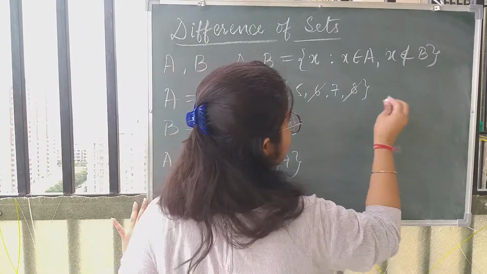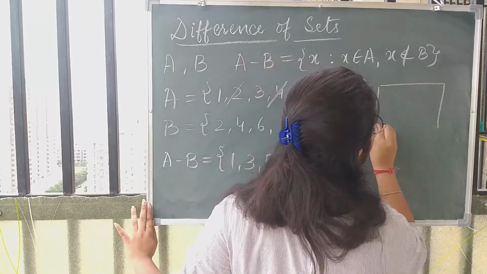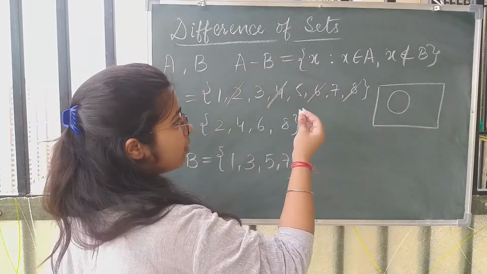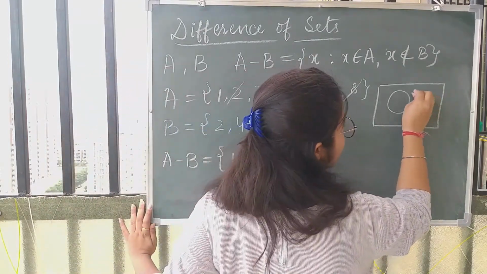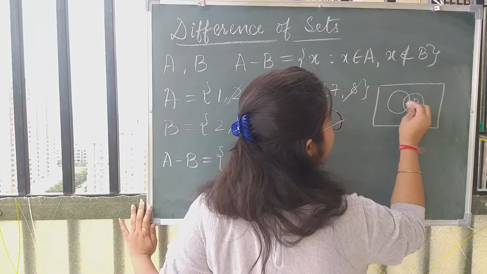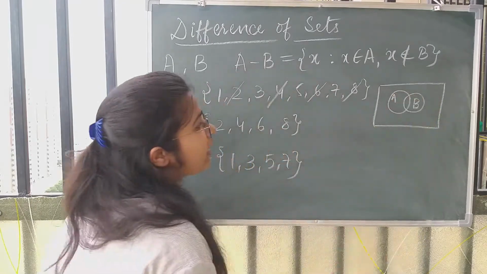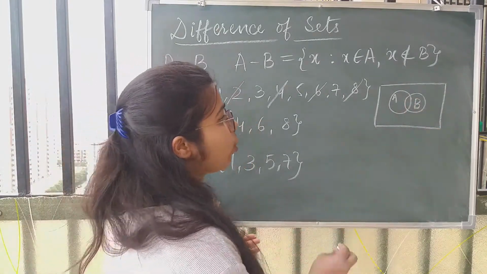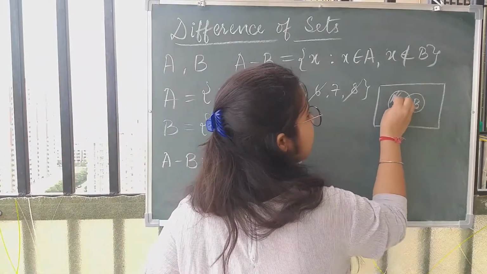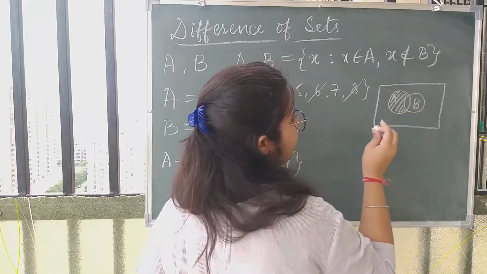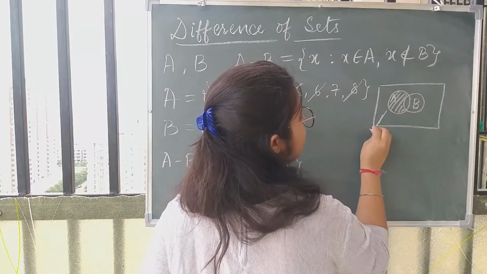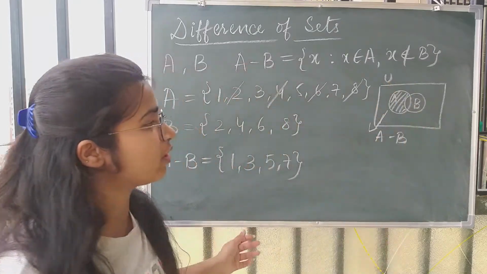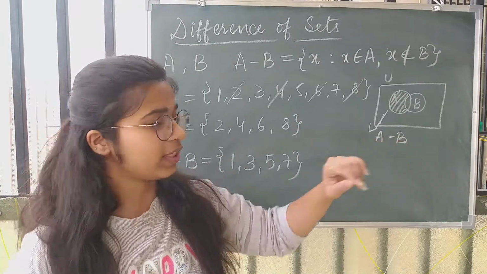अगर इसे हमें Venn diagram के according दिखाना हो, so we first draw the set A. We know that there are some elements which are common, so we also draw another set B. And A minus B would be, we are removing all the common elements and there are only the elements of A. That means this shaded portion will be A minus B. So this is how you can show A minus B using a Venn diagram.